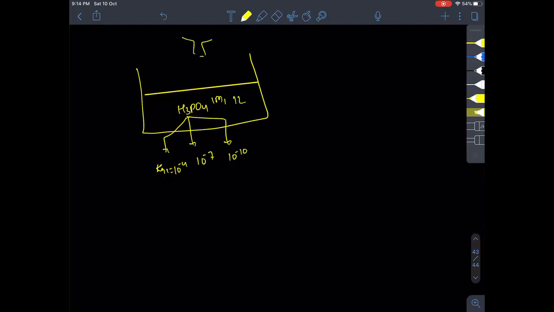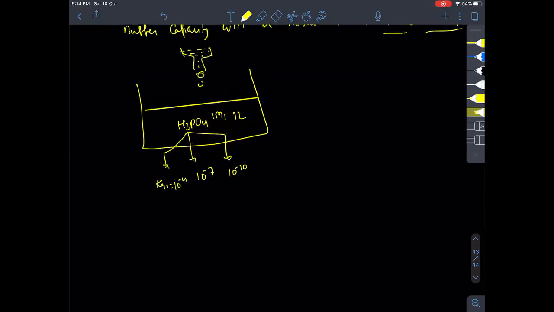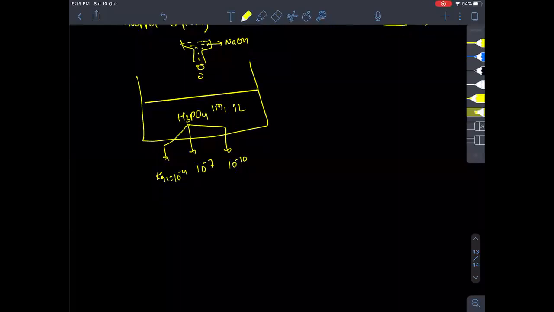And from outside, what I'm doing, suppose in the powdered form, NaOH capsules I'm adding. Why am I using this? So that I ensure that after this is added, it should not change the overall volume. 1 liter is there, so that's why I'm adding powdered form. Otherwise, if it is diluted and you are adding, then it will add to the volume. So that will lead to a change in concentration also, right? So I don't want to use that. I want to simply utilize this. Suppose it is added now.